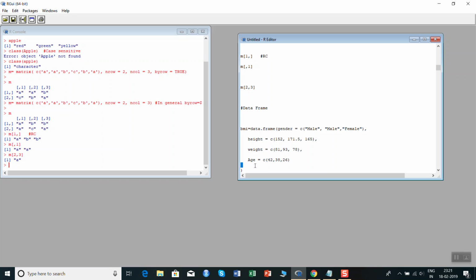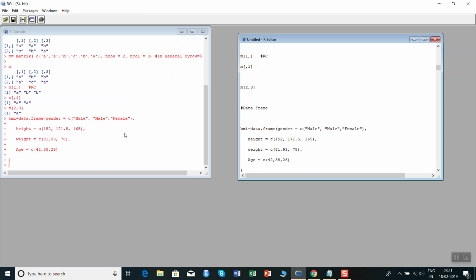So this data.frame does it. So we will run this. So gender equal to c this thing, height equal to this, weight equal to c(81, 93, 78), similarly age equal to this thing. So then we are concatenating the values within this data.frame, and then we are passing it in the data.frame.